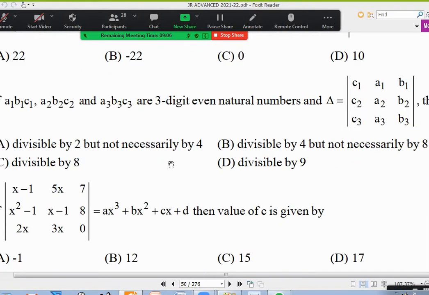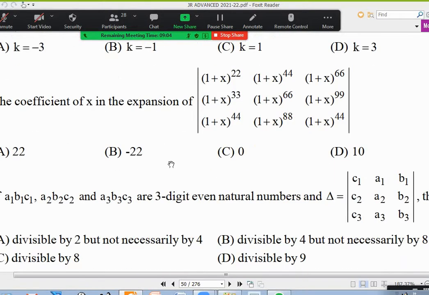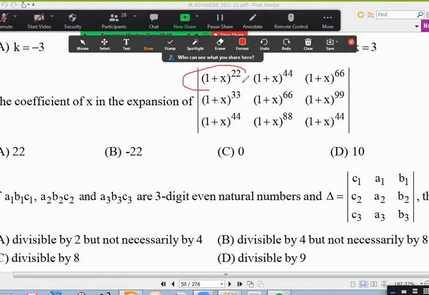Don't worry. Sir, if we take x square into 1 plus x whole square common in R1, and in R2 we take 1 plus x whole cube common, then that itself is 0 coming. Are you saying that is 0? Yes, sir. No, there is one problem. If you take 1 plus x whole square common, don't think 1 plus x whole power 11 is left. 1 plus x whole power 20 will be left. A power m into n is not a power m into a power n. You understand what I'm saying?